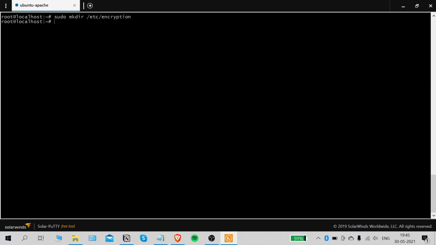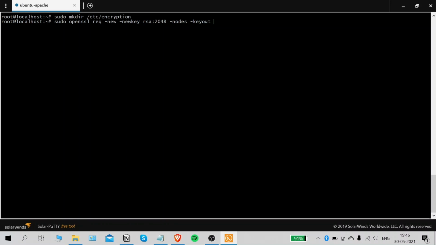We'll be storing all of our files in this folder, and the command to generate a private key and a CSR is sudo openssl. Do not worry in case you can't follow me. You can always find the written commands in the written description available below this video. So click on that and you can follow through then. sudo openssl req, we're going to request a new key, which will be using the RSA 2048 algorithm, -nodes -keyout,